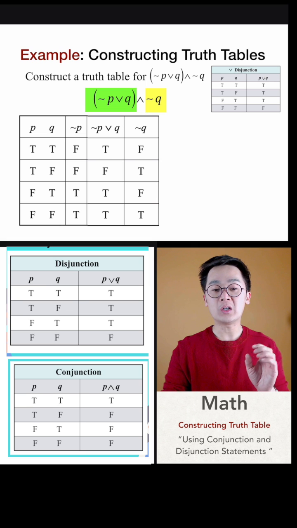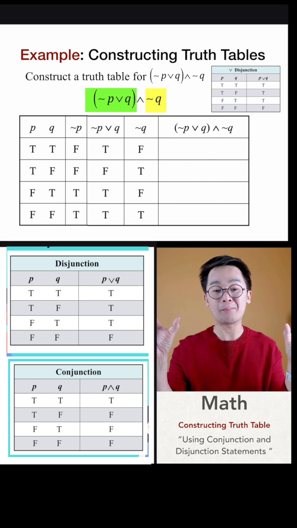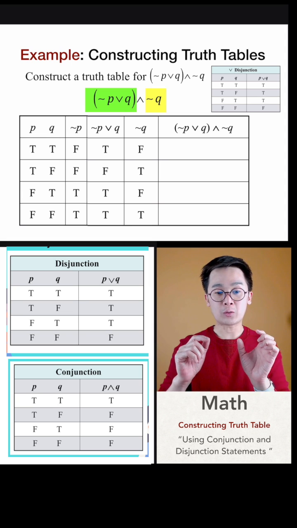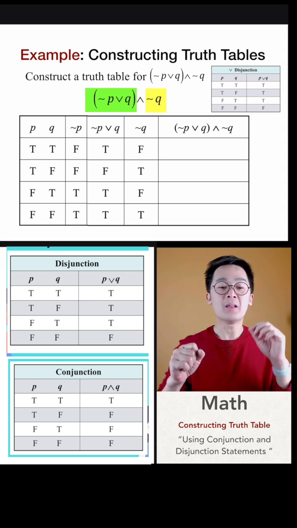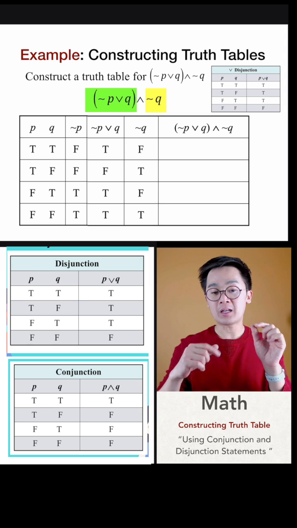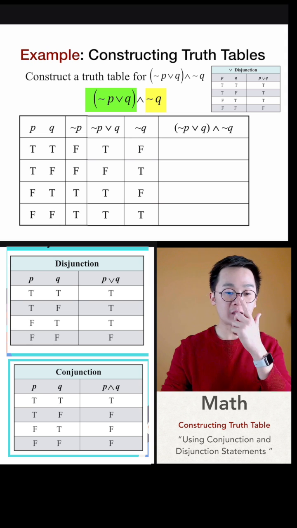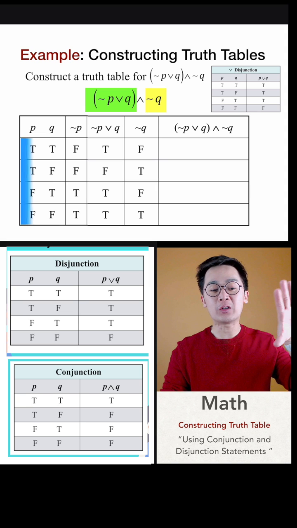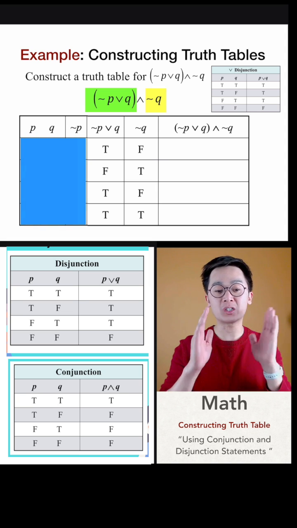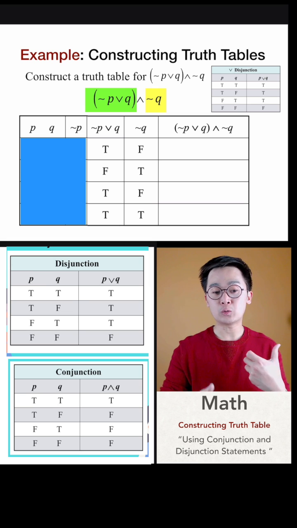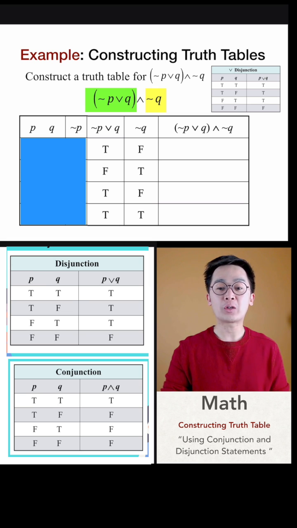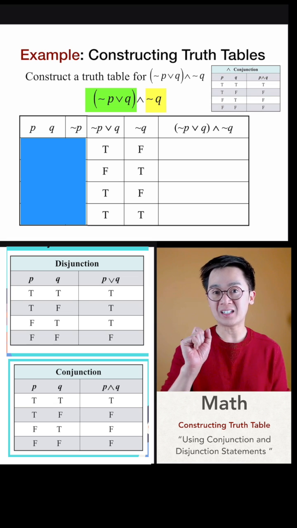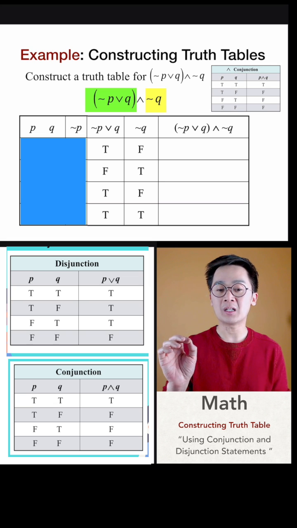But since we are looking for the combination of the two compound statements, which is the quantity of not P or Q and not Q, we're going to ignore the first three columns and just concentrate on our latest two columns, because here we can now use the conjunction operation, and in the conjunction operation we'll notice that the only time that it will be a truth statement is when the two statements are both